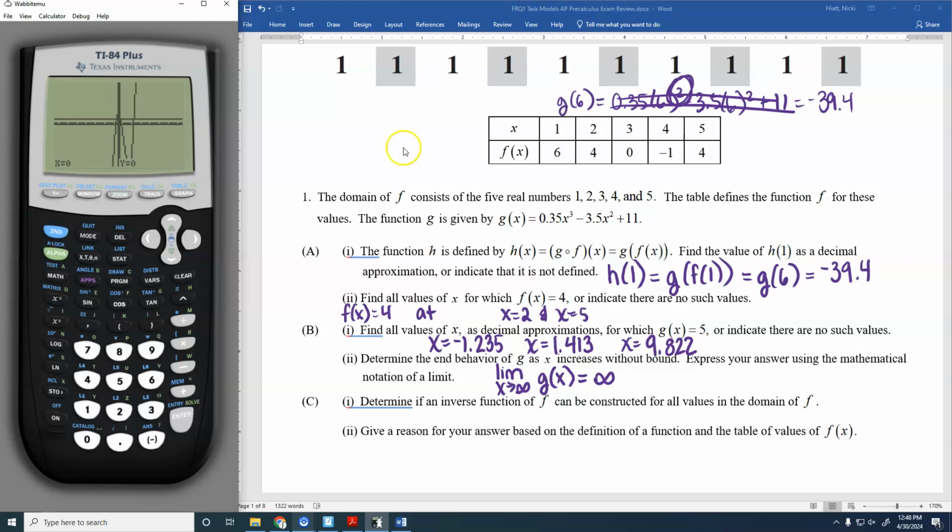So, this is what your answer should look like for this. They're asking us about F. So, I would say for the first part, it's really just a yes or no. You might get away with just saying yes or no, but all the answer keys I've looked at have it written as a sentence. So, it says determine if an inverse of F can be constructed for all values in the domain of F. So, I would say